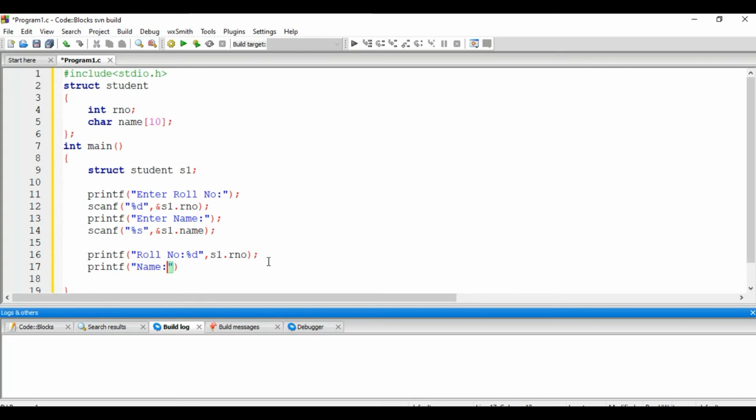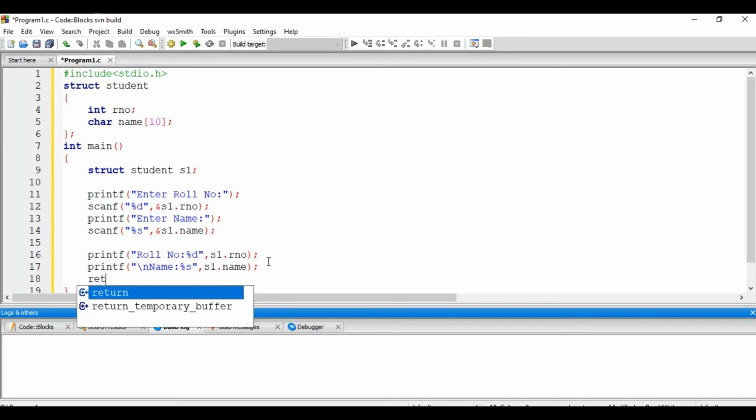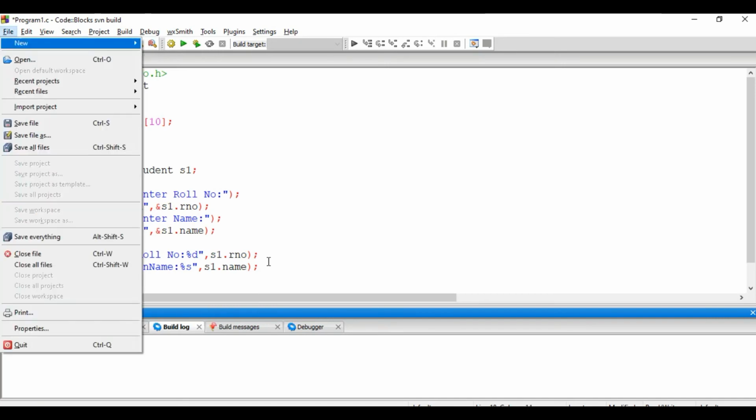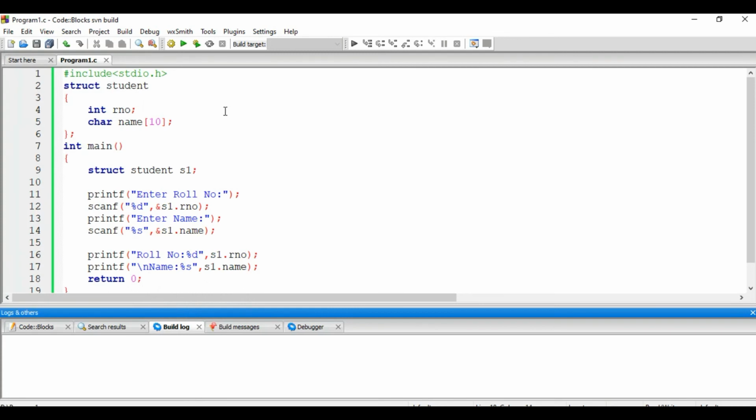Name %s, s1 dot name, and I like to print this name on a new line, so I use backslash n. Now our program is finished, so return 0. I save the program.